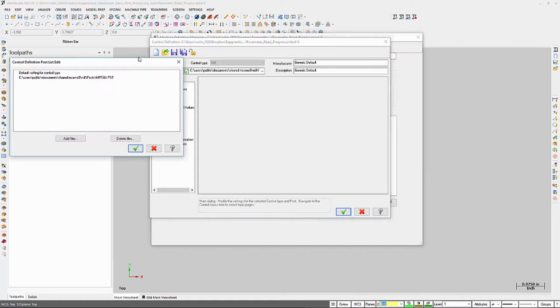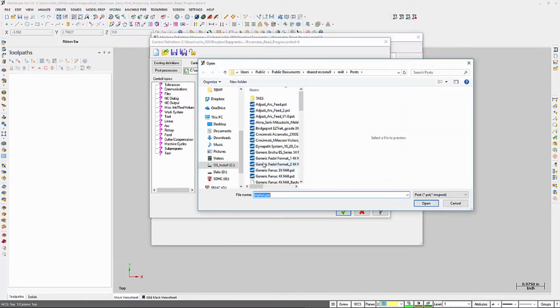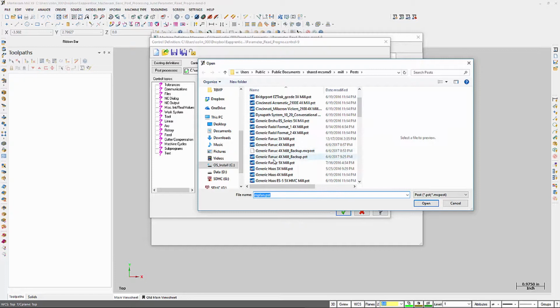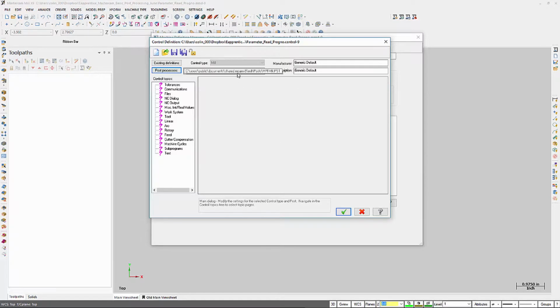And then in our control definition, we're going to link a copy of that new post that we just created, that we just renamed. It's parameter read program number. Now, when we add a new post to the control definition,